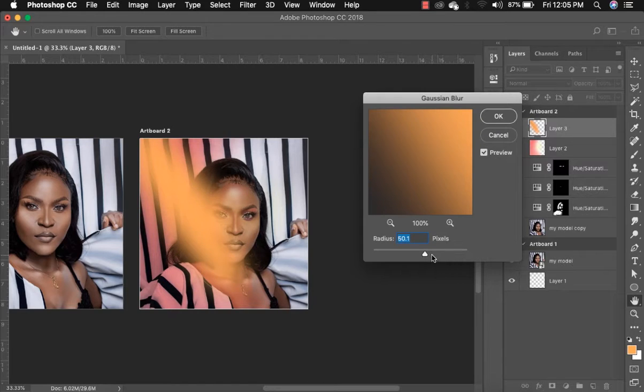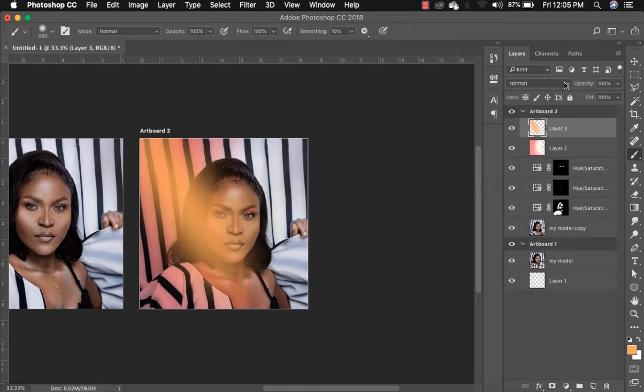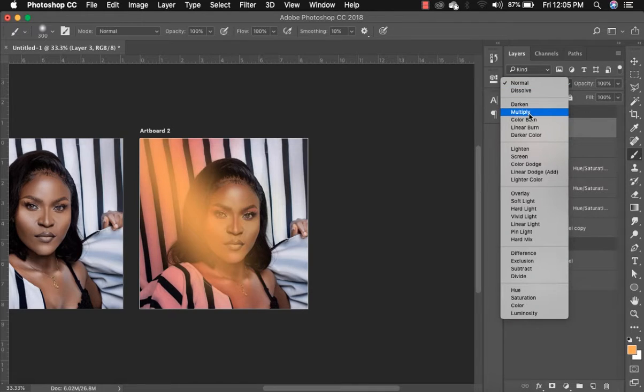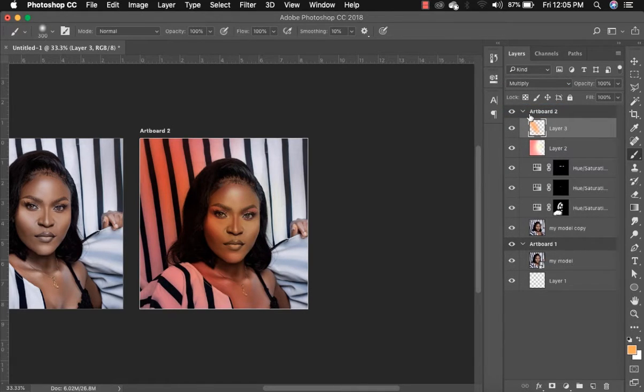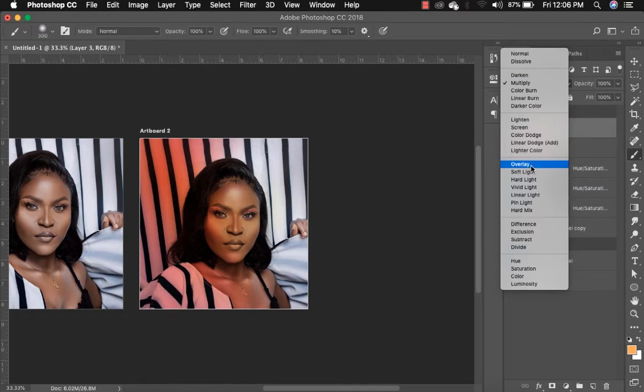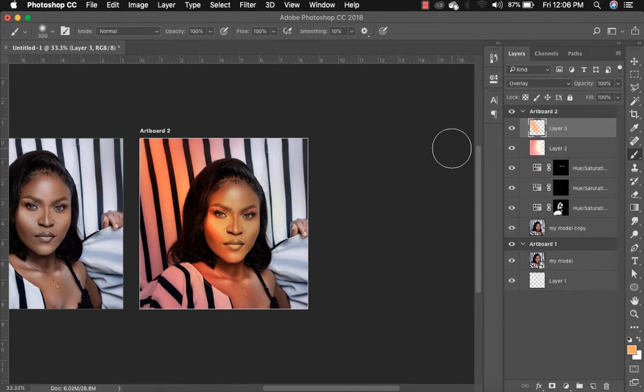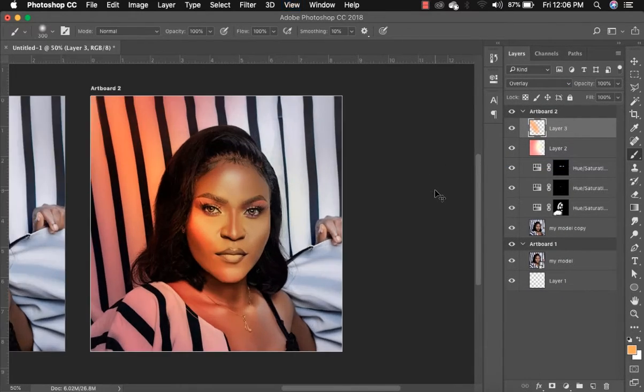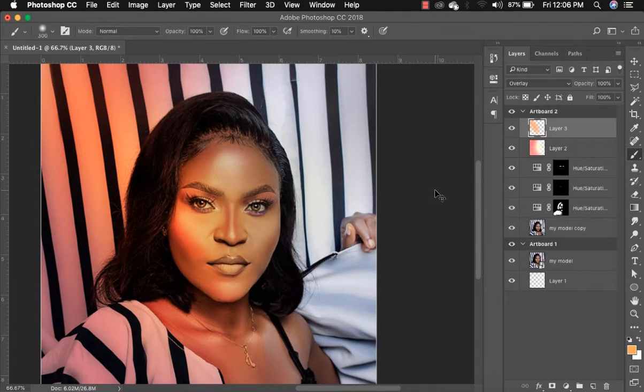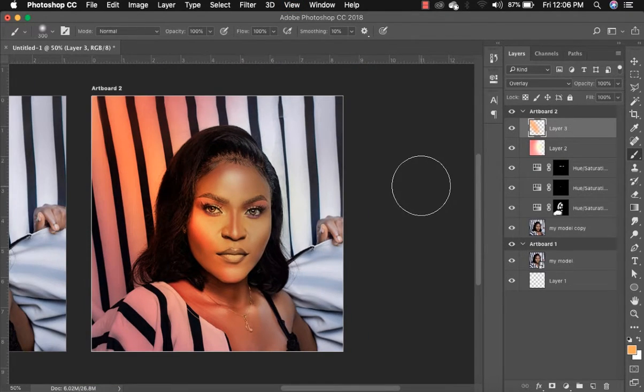Adjust the Gaussian effect. Click OK. Go to multiply. You can try out the same thing, overlay. Zoom in to really see what you're doing very finely, and then you can reduce the opacity just a little bit,